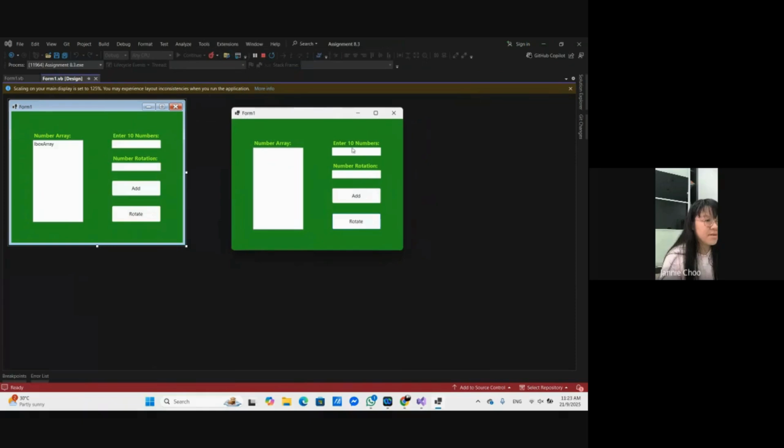Okay, this is the output. So right now, if I enter the numbers, if I just enter 9 numbers and I enter the